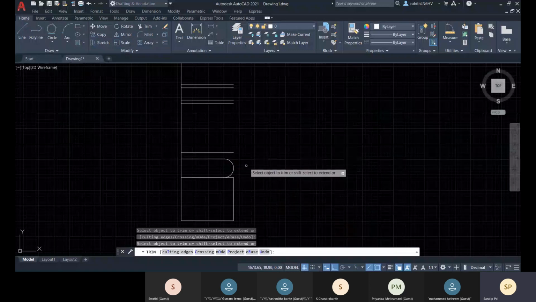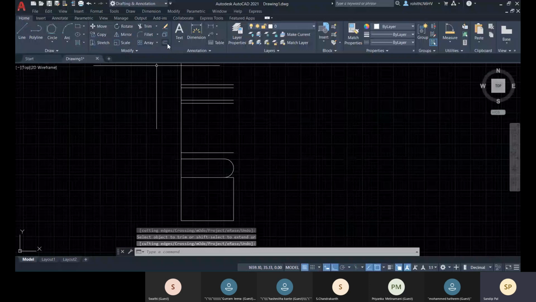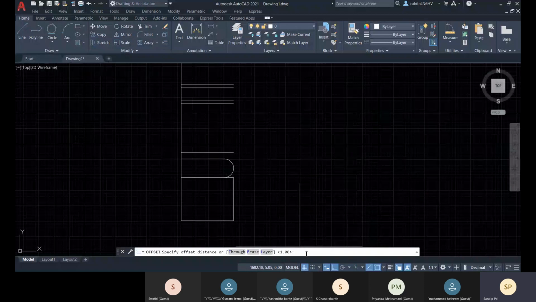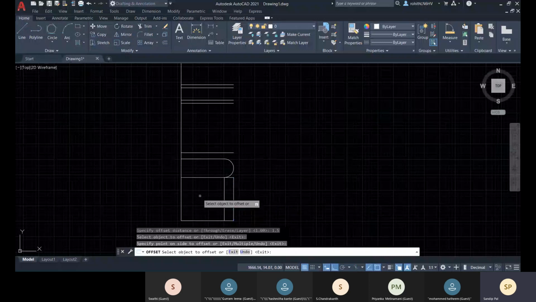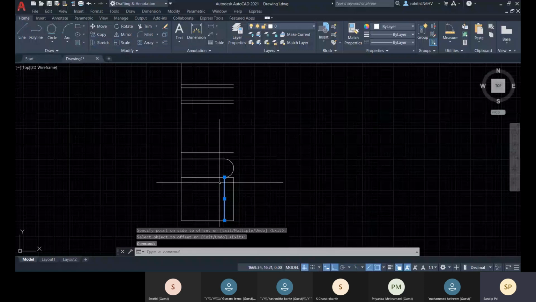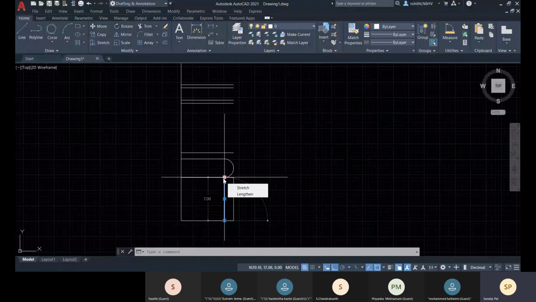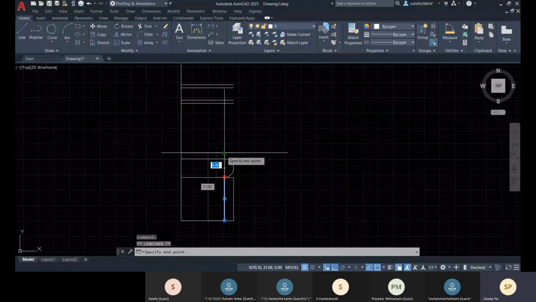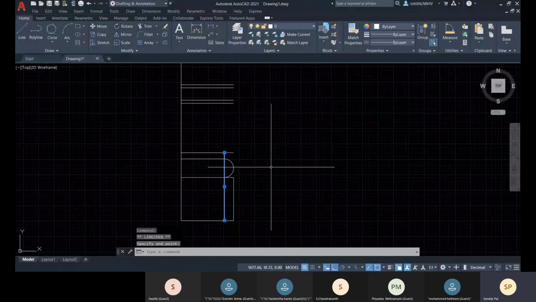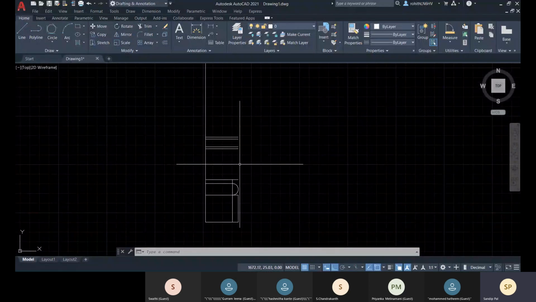And from this also we have 1.5 distance. So let's go with this offset 1.5, enter. Okay, so here you select it, come to this grip, don't click, just place your mouse pointer on this grip, and here you can see the lengthen option is there. So you can lengthen up to this point, and after that you have no problem with that. Okay, so that part is completed right now.